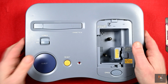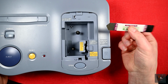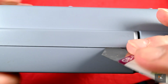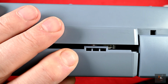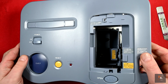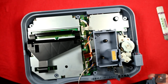So getting into this, it's quite tight once all the screws are out. However, start at approximately the label, and we're just going to use a very thin spudger. Here's the cutter, and I'm just going to go in here, push in on the top, and very gently pop that clip open. Once that clip's open, we should be able to pretty much get everything else to pop. There is another clip somewhere down here. There we go. And then that lid will lift,